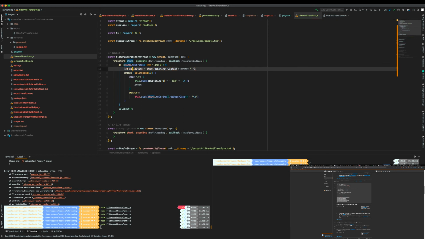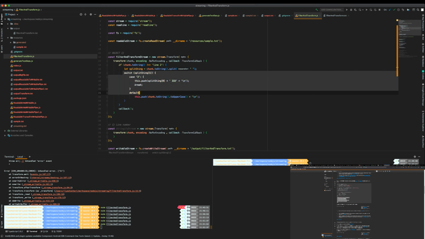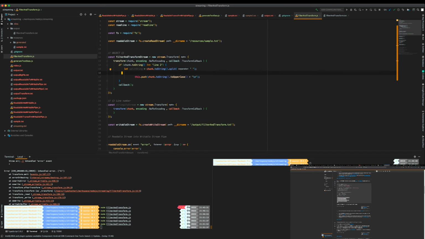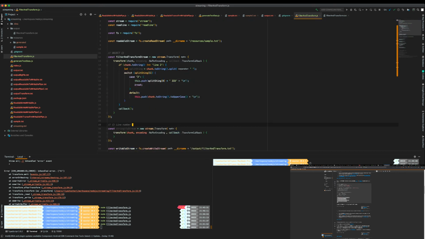So the first thing we're going to do is we are going to ignore line 2 because I hate 2. I don't know why. Just 2. And let's remove this switch statement here because it's just showing how to do that thing. And then we have this what's called the split here. So let's use that. Let's keep that part. So we have the, or do you know what? I'm going to